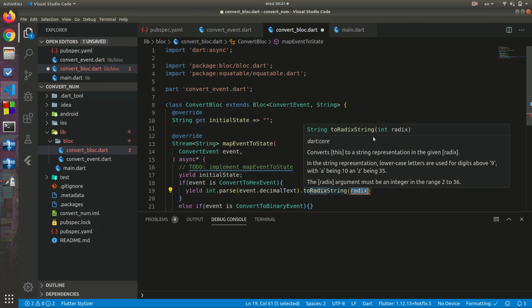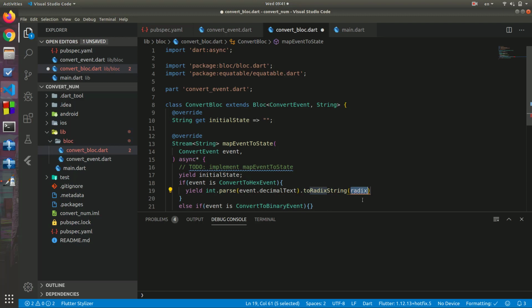It converts our integer to the decimal or binary. If we give here 16 and simply toUpperCase, we say,